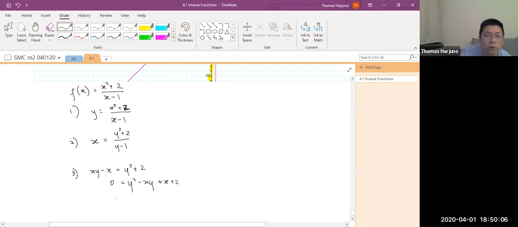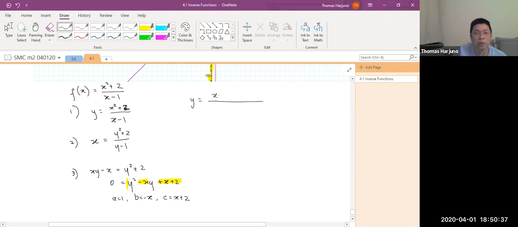So from here we see that a equals 1, b is -x, and c is x plus 2. The coefficient of y squared is 1, the coefficient of y is -x, and the constant part is x plus 2. Therefore, my y equals